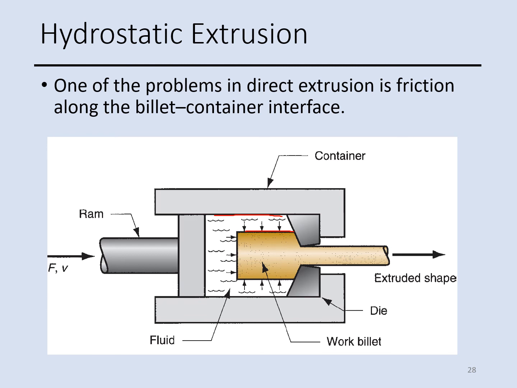This problem can be addressed by surrounding the billet with a fluid inside the container. We can pressurize the fluid, and then with the motion of a ram toward the die orifice,